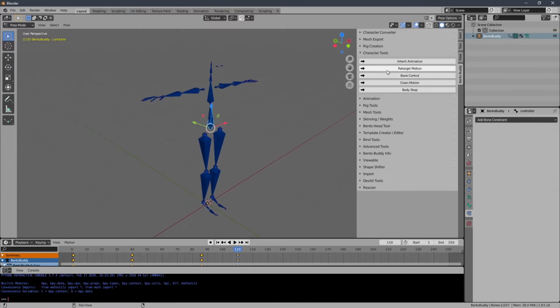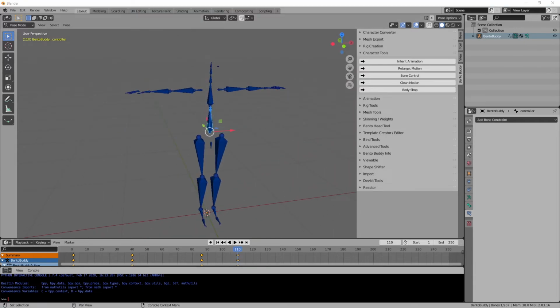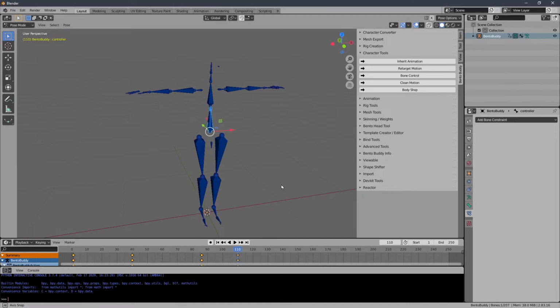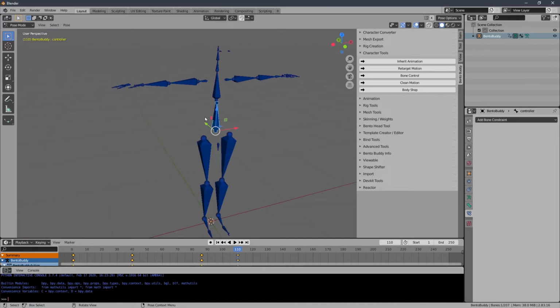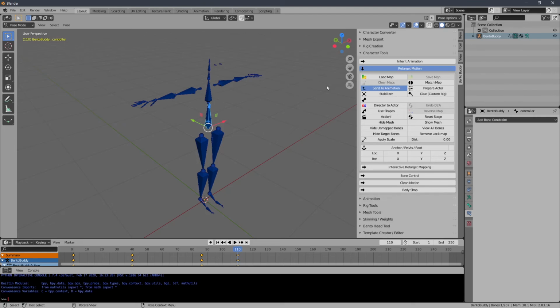Now I'll use the character tools retarget motion in order to transfer this motion to the rest of the rig, on the retarget rig, the proxy. I need to do this because these legs are not animated. An unknown bone is animated, so effectively this is now not a compatible Second Life rig. But all the bones that we want to animate are, so we just do a match map. That just creates a map inside that matches all the bones to their own names,